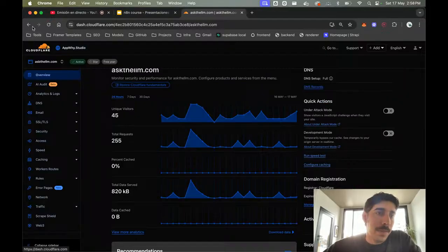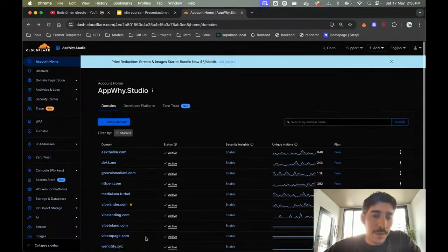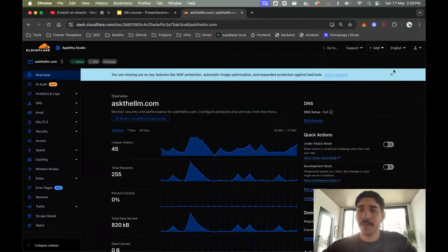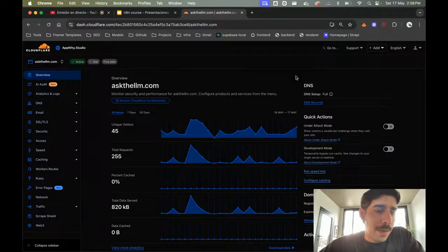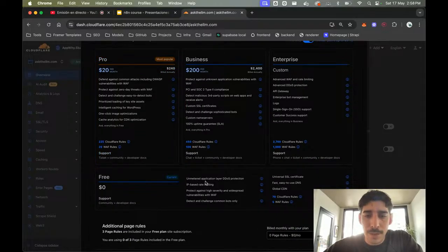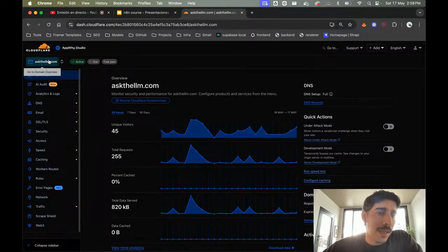I have around 10. And I have some other domains in some other providers that I want to bring to this one. But you can have many. I'm not sure how much you can have for the account. Maybe there is not a limitation within the account. I'm not sure. But you do have limitations within the domain. For the free domain, you can have a lot, trust me, like lots of visits.